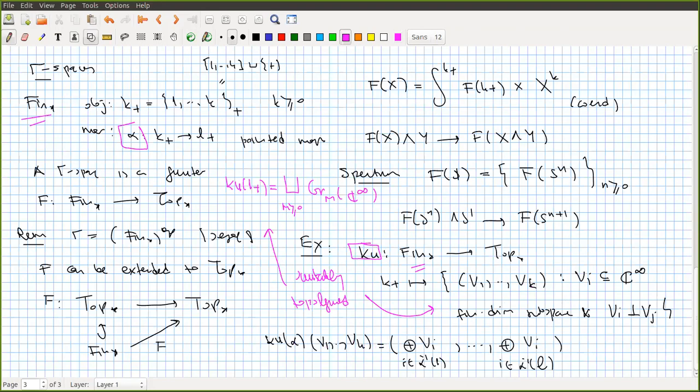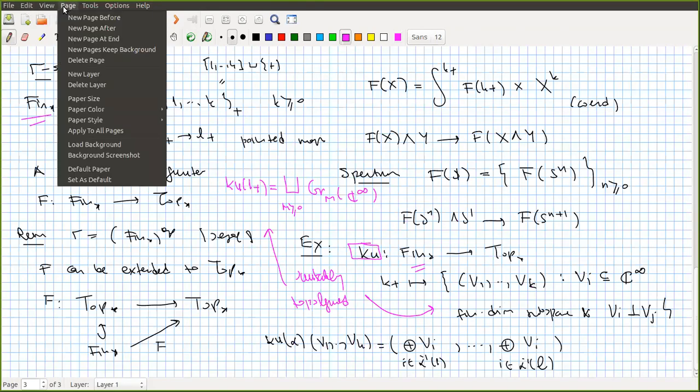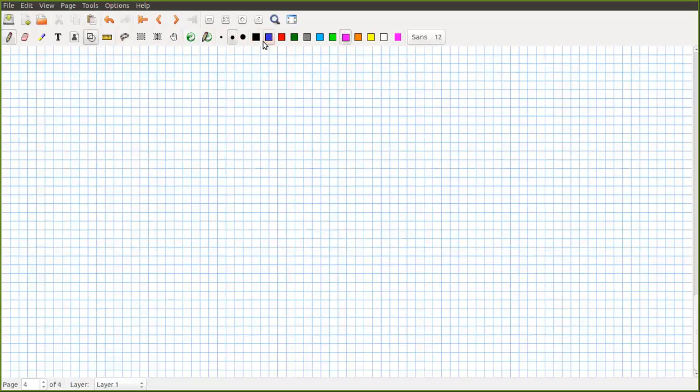Okay, so if you look at the associated spectrum using this construction, you will get a connective spectrum corresponding to topological complex K theory. So let me just go to the next page. Okay, so now I want to describe another construction